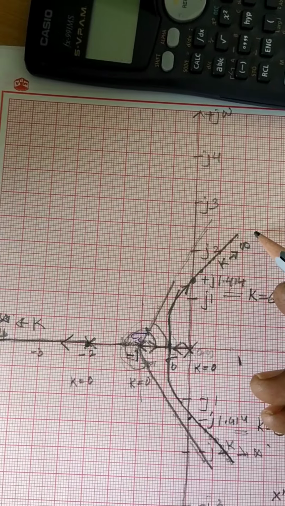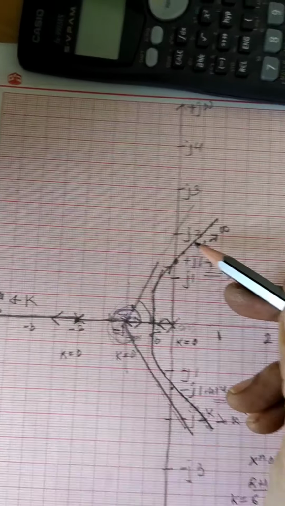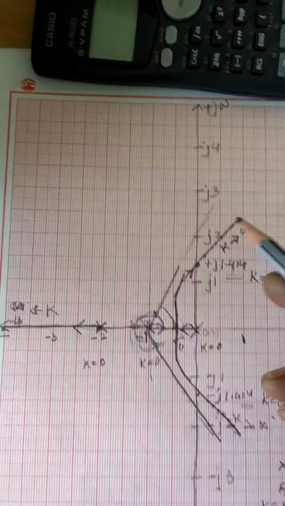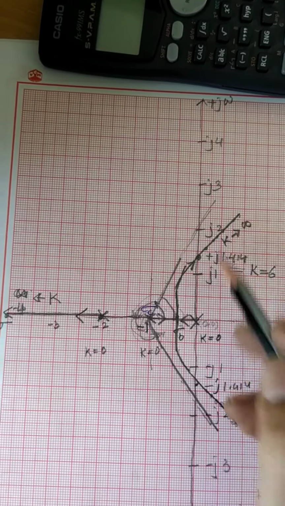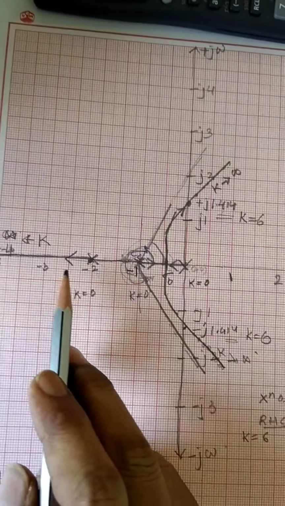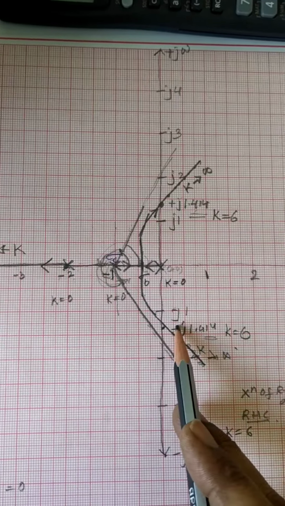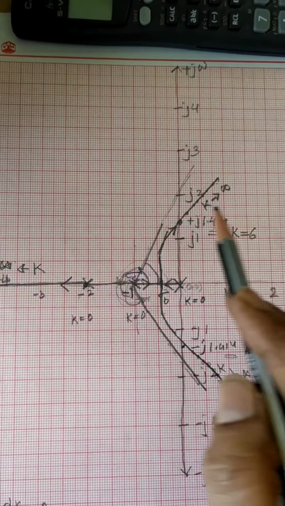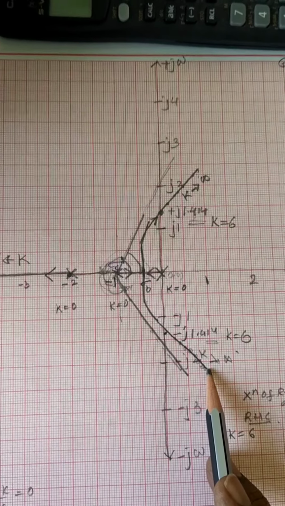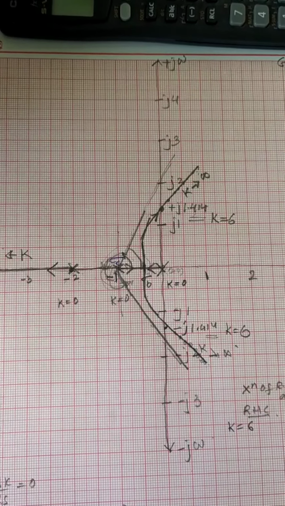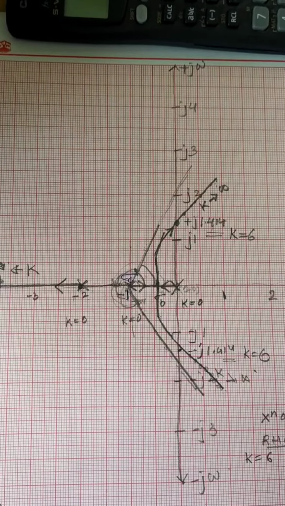So we are not finding all the roots, only a few, and then joining them using the rules for drawing the root locus. You find that for the value of K greater than 6, the root loci find themselves in the right half of the S plane. Even though one root locus is in the left half of the S plane, these two root loci will be in the right half of the S plane, leading to roots in the right half of the S plane. If you find roots in the right half of the S plane, the system is unstable. So the range of K for the system to be stable is K greater than 0.